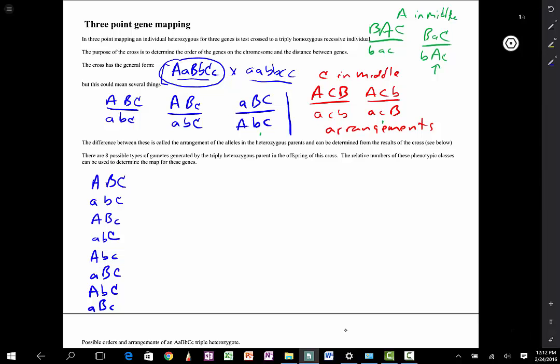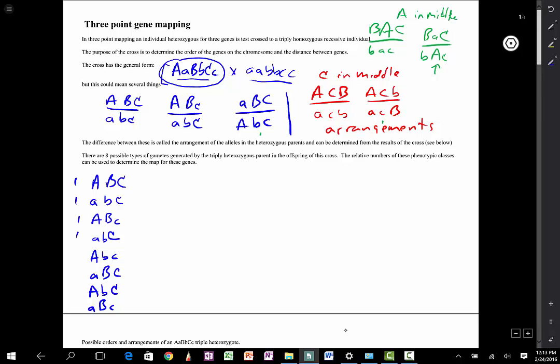And where do these things come from? Well, if the genes are not linked and they come from independent assortment, you'll get all 8 of those in equal proportion. So 1/8, 1/8, 1/8, 1/8. Because in that case it's just like a trihybrid cross. But if the genes are linked, it kind of depends on how things started out. We'll represent it here in sort of the simplest case scenario. So we'll look at how we get these different